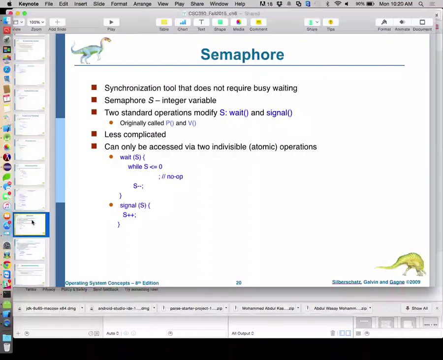I think the question came up last time: is this something that happens often? Are we protecting resources often in our programs? And the reality is yes, even inside of our normal applications. If we take this outside of operating systems, a problem came up the other day on one of the projects I was working on, which involves a social media type thing. So let's take something like Facebook.